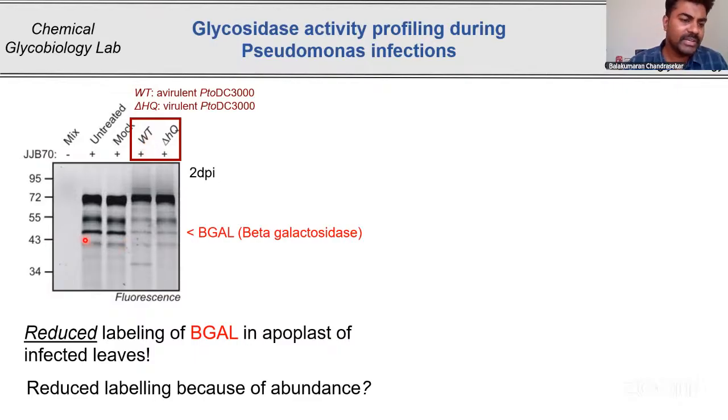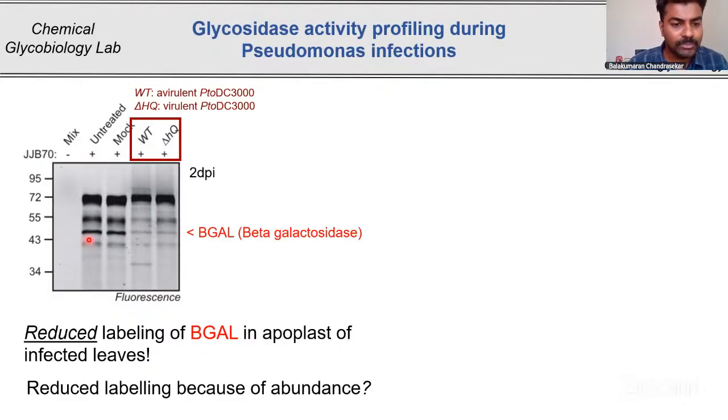So during my PhD, I focused on this particular protein, and we tried to identify what it is. I have already told you how we identified it. Briefly, we used a JJB 111 probe, we did a biotin pull down, we did mass spectrometry, and we identified this protein. This protein corresponds to an enzyme called the beta-galactosidase enzyme from family GH35.